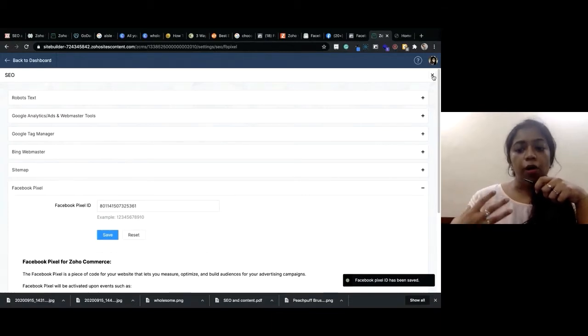Basically, for Facebook to pull all of your products and keep them active, you need certain mandatory elements. Those are your product names, your SKUs, your brand names. So there are 5 to 6 criteria. If you go into Facebook itself, you will have access when you are setting it up. I'm just letting you know that there are certain mandatory details that are necessary for you to run Facebook ads.